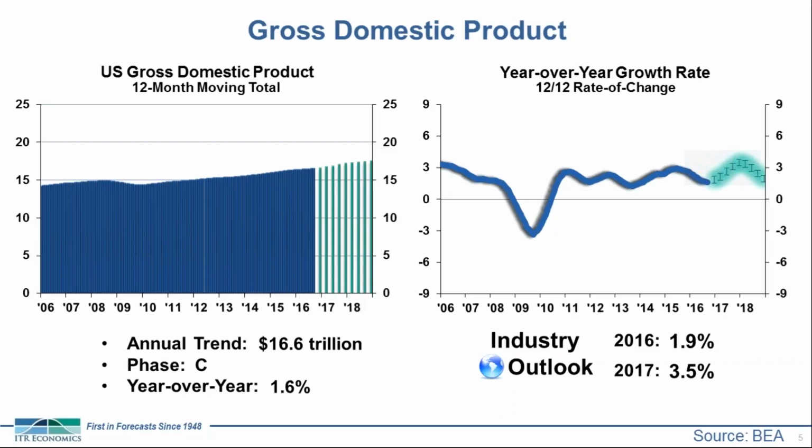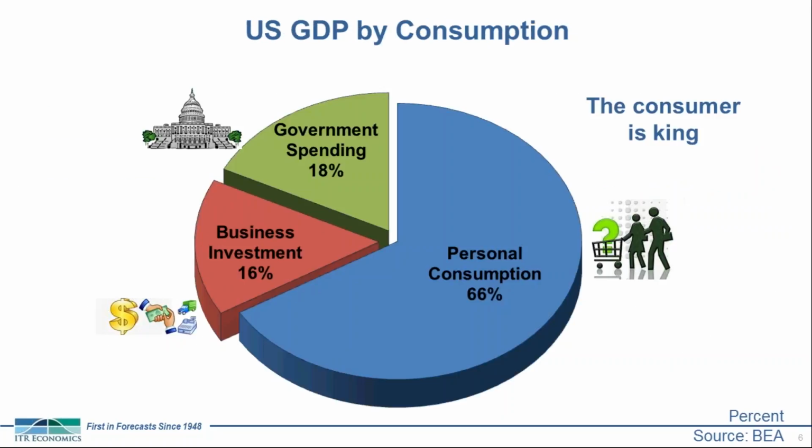GDP. So this is presenting kind of a dichotomous view of the U.S. economy. We have relatively severe industrial weakness and contractionary periods within capital goods production, but general economic growth. So that leads us to ask the question, where is this growth coming from? Why isn't U.S. GDP in a recessionary period as well? And to answer that question, I'm going to break down U.S. GDP by consumption. This is breaking down U.S. GDP as of 2014. It hasn't changed much since then, but we'll see as the official data comes out.